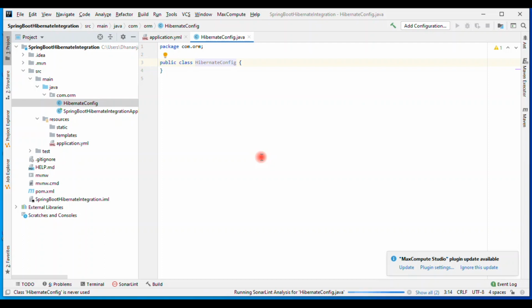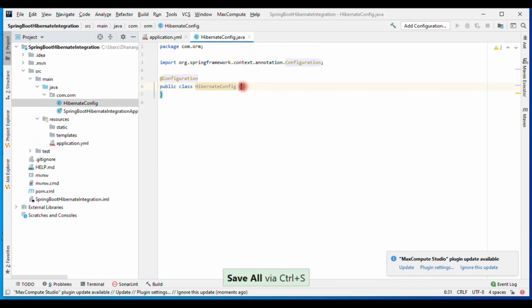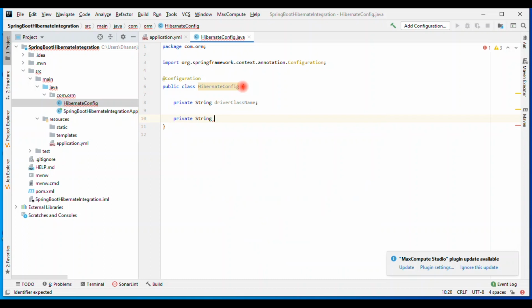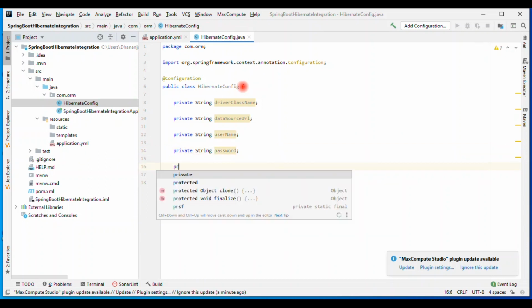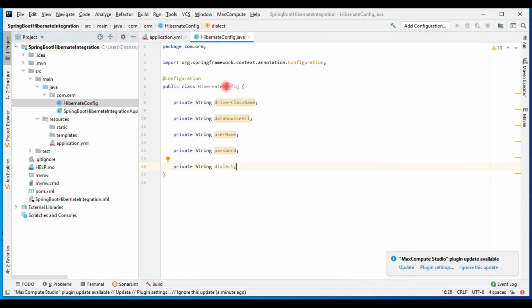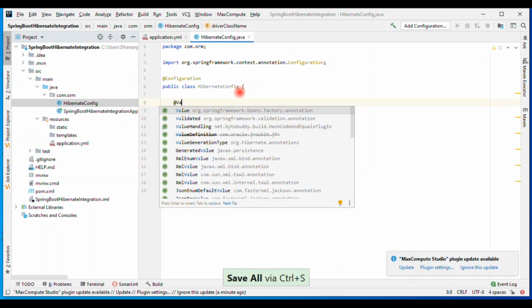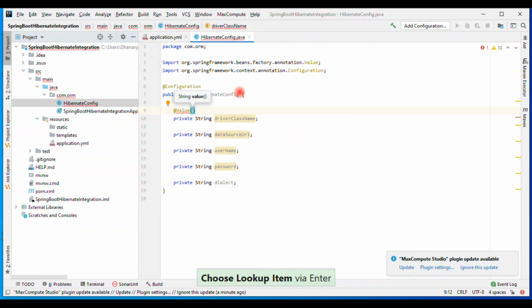So inside the Hibernate config class, you need to annotate this with @Configuration. Here we need to add the driver class name, the data source URL, then username, password, then one dialect. Let me annotate these with @Value and we will read the data from the properties file.